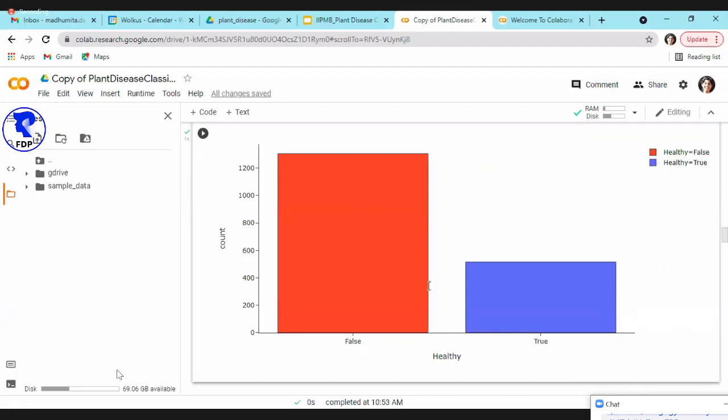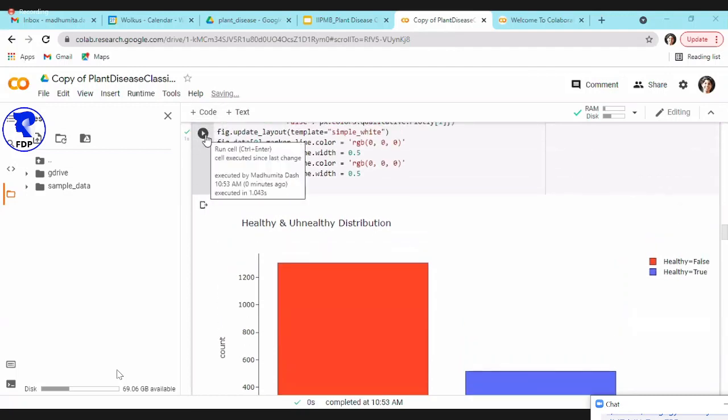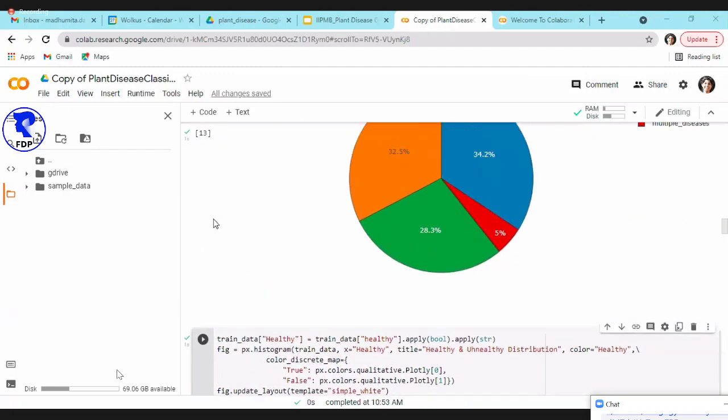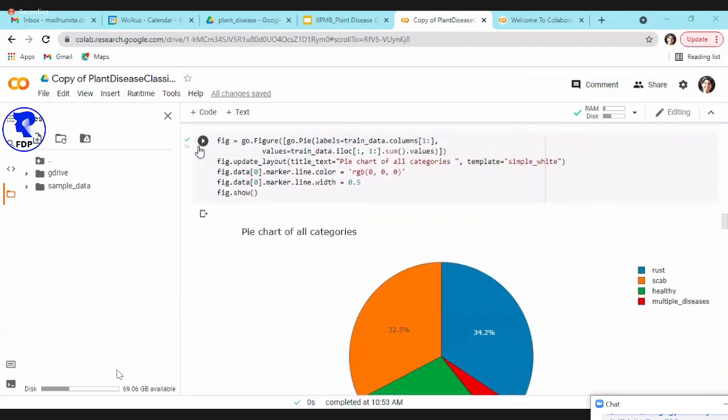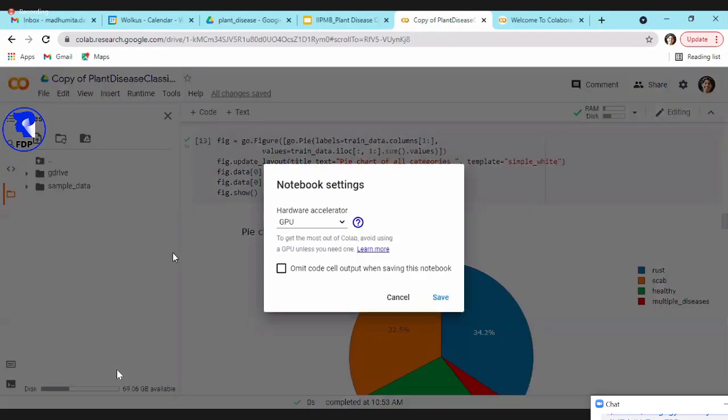I'm not sure if anyone is wondering how to visualize the graph. You just have to run this code, but make sure you have run the previous codes also, and also make sure you are connected in the runtime. You go and change runtime, and you are connected to a GPU here.